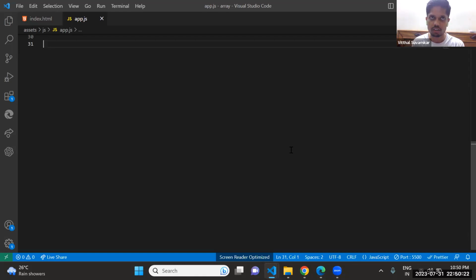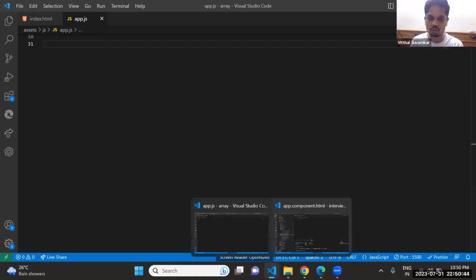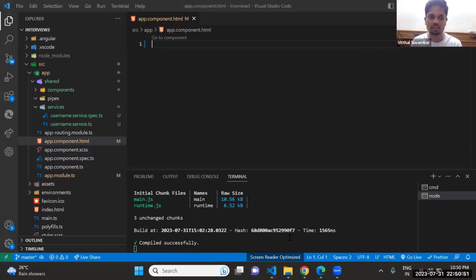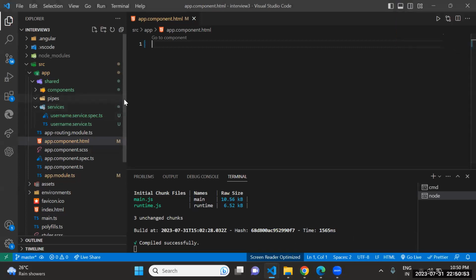Main.ts file. It is the first file loaded on the UI, sir. That's it. No, sir. There is lots of use, but open the folder. Yes, sir. Click on main.ts file.